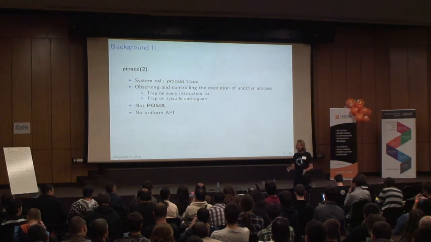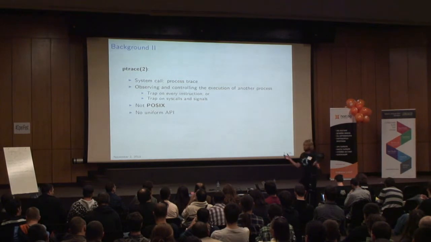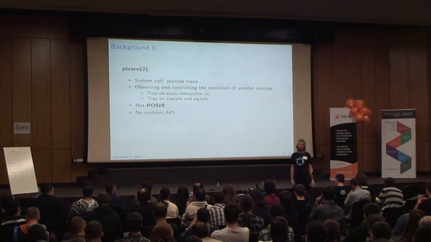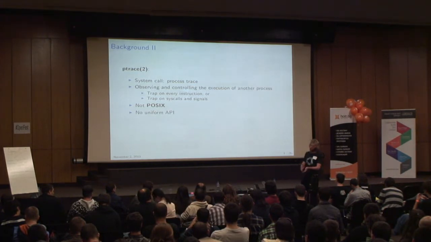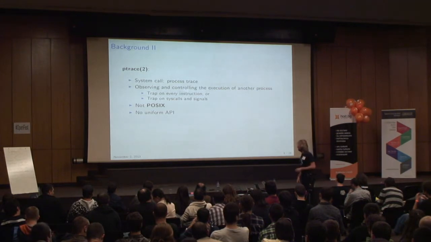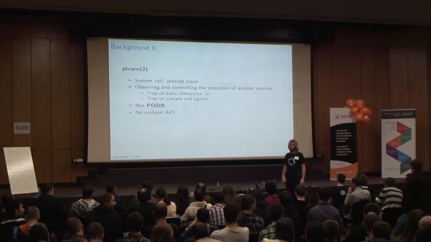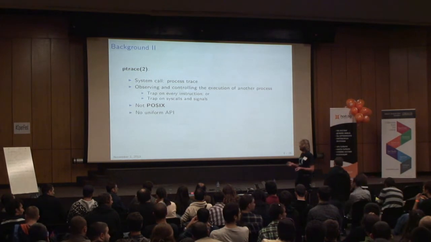But this is very, very slow. So I think it will be at least 1,000 times slower, probably more, because the CPU has to do a lot of context switches and move your process onto the CPU and the other one out of the CPU. So that's not viable in this case, and we don't need it because ptrace also allows us to just trap on system